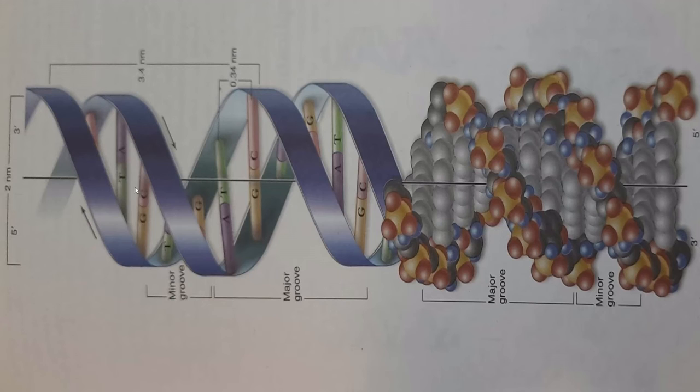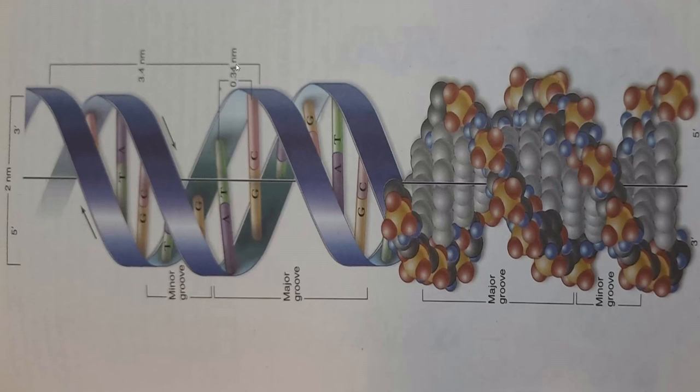These hydrogen bonds are formed between complementary base pairs. That means if on one strand there is a purine, then on the other strand a pyrimidine base would pair with it with the help of hydrogen bonds. Between guanine and cytosine there are 3 hydrogen bonds, while adenine and thymine pair with the help of 2 hydrogen bonds. There are also 2 grooves visible here. One is the minor groove and the other one is the major groove. The diameter of this helix is 2 nm or 20 angstrom.